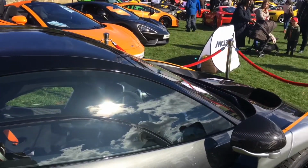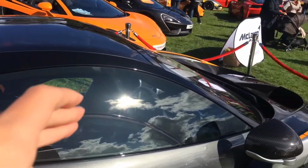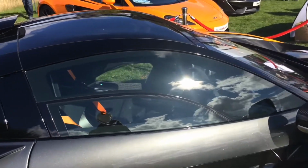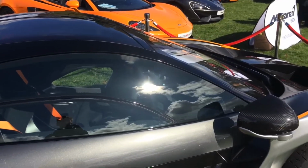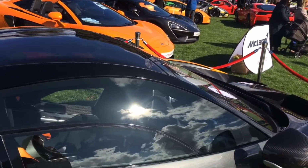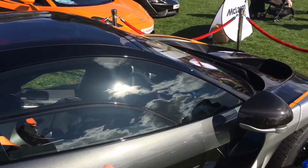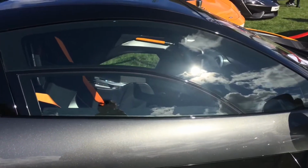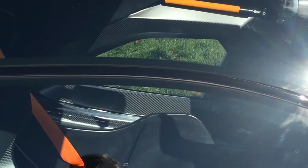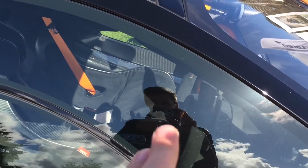I can't exactly open the door and everything because it's all fenced off here, but this car does not come with AC or even a sound system as standard. The reason is mainly that the car is fully based on racing, so it does come with them as options, but it's purely for racing. And as you may be able to tell with the lower end window, you can see right through, which is really cool. I'm not sure if you will be able to see this because my face is in the way. There's a whole set of buttons there for the